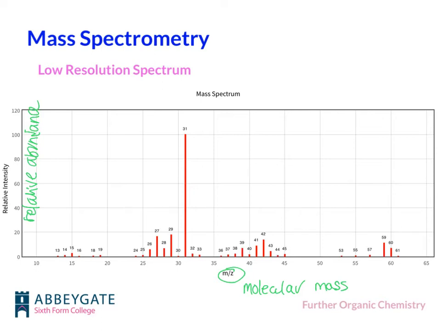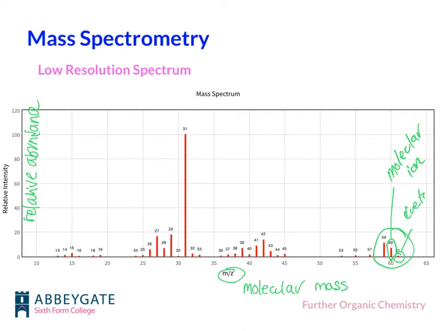So if we look over at the end here, we've got 3 peaks towards the end. We've got one at 59, one at 60, and one at 61. Now the one at 61 is absolutely tiny, so we're going to ignore that one for now. And the peak at 60, this is our molecular ion. Okay, so this represents the molecular mass of our compound. We can see that at 61, we've got a much, much smaller peak, and this one is going to be